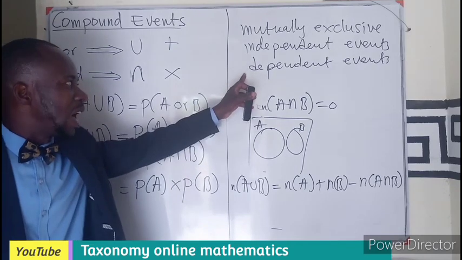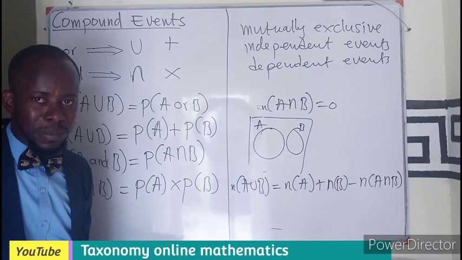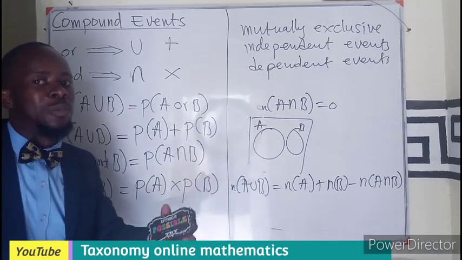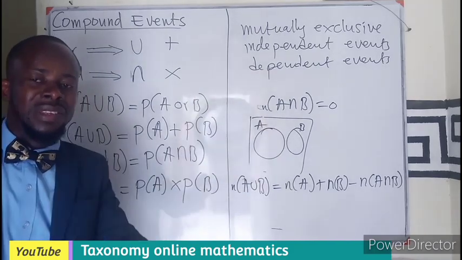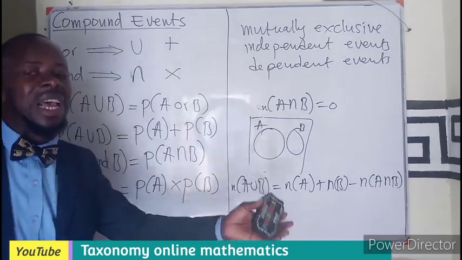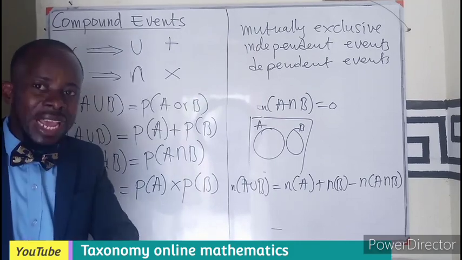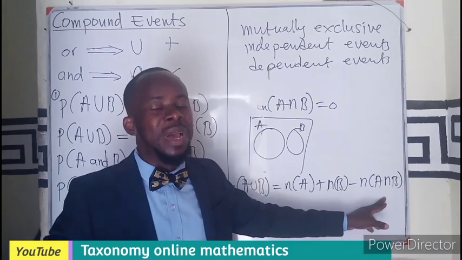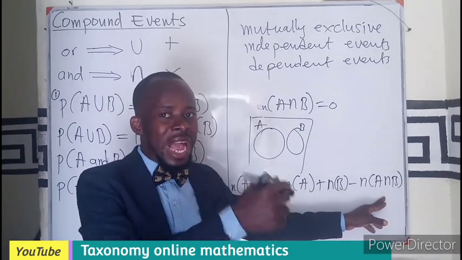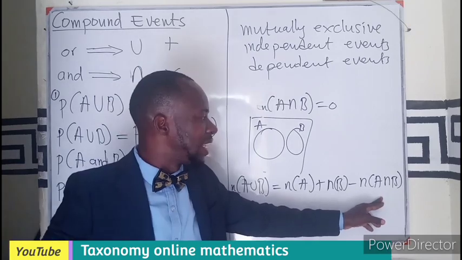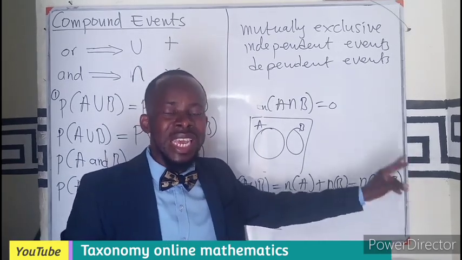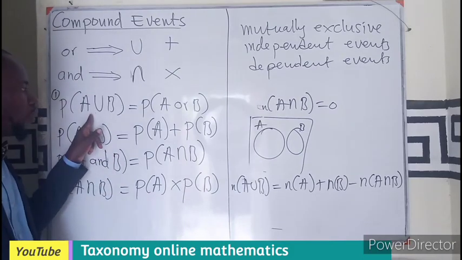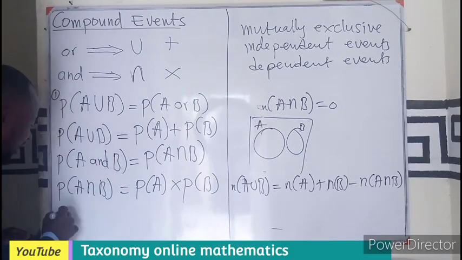Alright. Then we have what they call dependent. If the two events are dependent, that simply means that there is a probability of the occurrence, interference of occurrence in the first and in the second. If that occurs, then it means that there will be intersection. They are dependent. So the occurrence of one may have something to do with the occurrence of the second, then there may be intersection. In that case, our OR, which is a union, the use of union becomes the probability